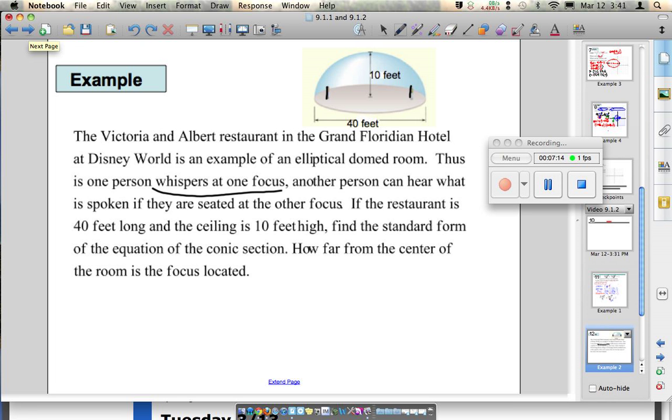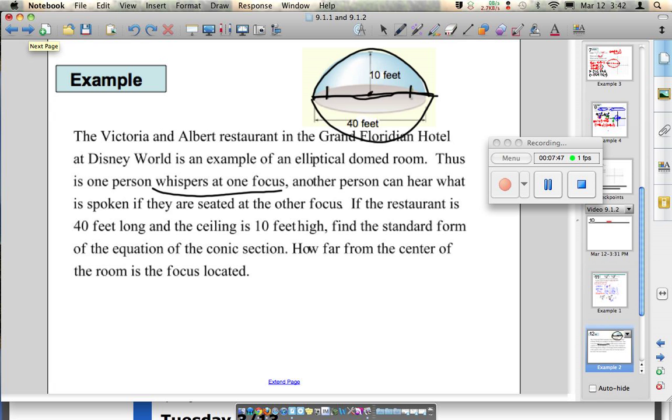So this is only half of the ellipse. The ellipse is here, and it actually goes below as well because it's an elliptical shaped dome. So the floor is kind of the center. It goes through the center of the room, and the floor is actually the major axis. It's actually a plane. So we've got to figure out how far away those focus points are. So let's see. We want to think first about what this equation is. The major axis is 40 feet wide,